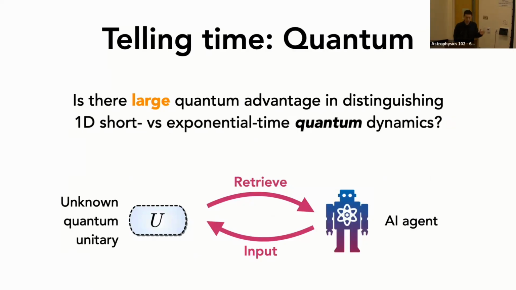However, one could ask the same question. What about quantum mechanical dynamics? Some quantum many-body dynamics, an unknown quantum unitary. Can there also be a large quantum advantage in distinguishing between short time versus exponential time dynamics? One might have thought that maybe there should be, or maybe not. But what we found was that